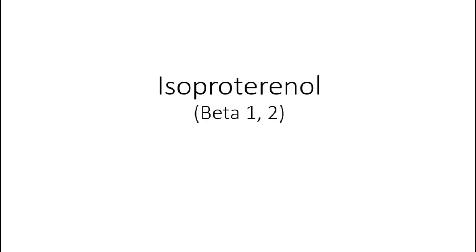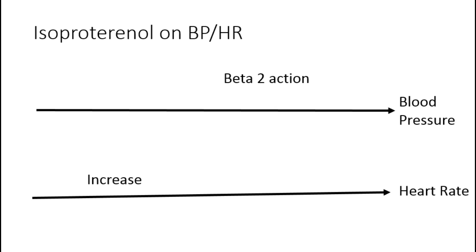Next, isoproterenol. Isoproterenol or isoprenaline has predominant action only on the beta receptors, so it has no alpha action. It only activates beta-1 and beta-2 receptors. Hence, the effect of isoproterenol on beta-2 receptors would lead to slight decrease in the blood pressure because of the vasodilatation. Whereas isoproterenol also has the beta-1 action, because of this beta-1 action, you would see increase in the